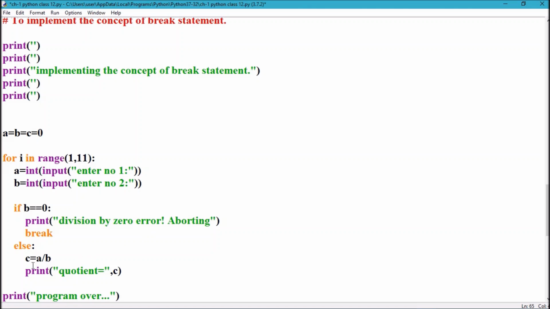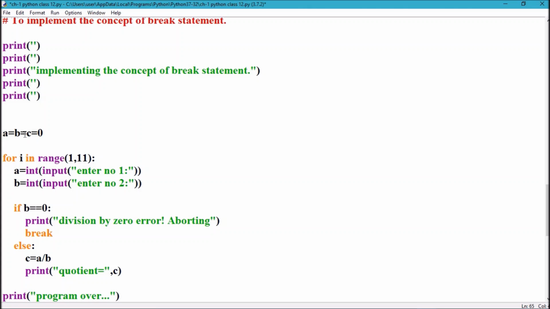performing division like this, a by b. But by chance, if you have entered b as 0, what will be the outcome then? It cannot be defined, right? At that time the program will hang, because a divided by 0 is not defined. That is a troublesome situation. If such a situation occurs, then we should break out of the program, otherwise our computer will hang.